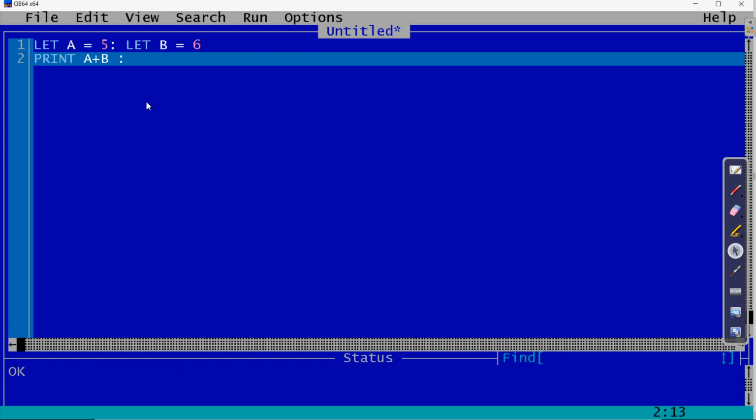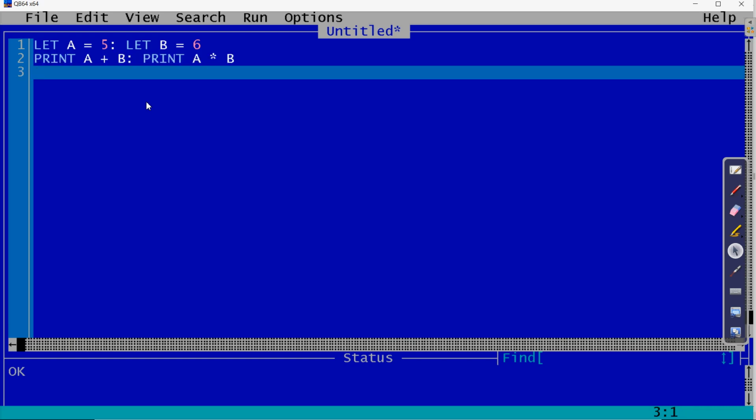Then in the second statement, if you want to print the product of these, so write print a into b. Okay, so for into we use the star symbol. So here again using the colon we have written two statements, that is print a plus b and print a into b.